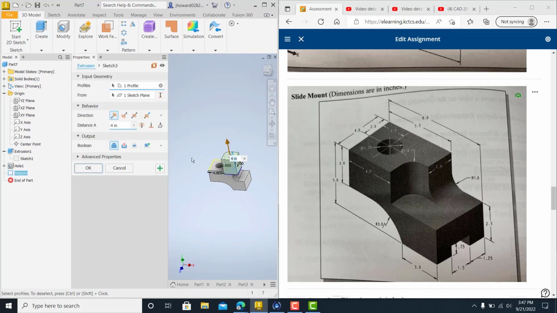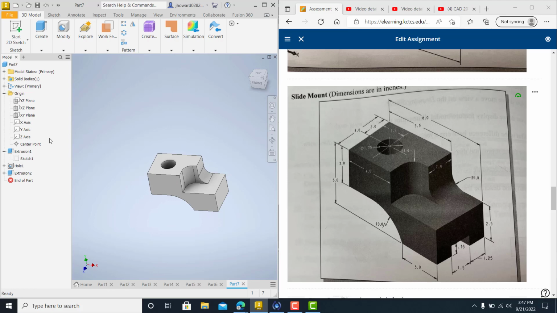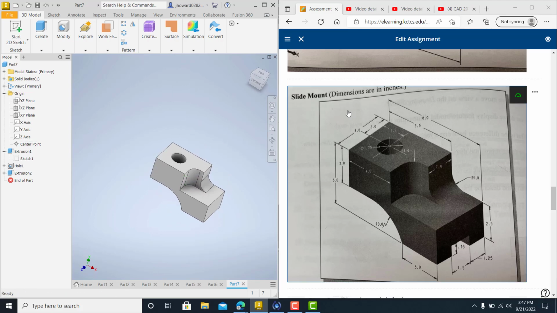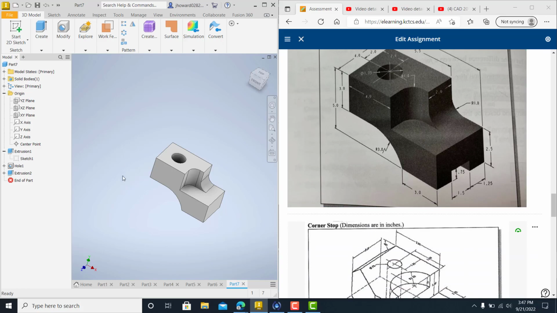Extrude that. You want to do a cut, which is right here. It's your boolean command, and how deep is this? It's 2.5, right? 2.5. Boom. There you have it. Okay, make sure this thing is, it doesn't say what kind of material it is, so I'm just going to leave it blank. So if you have any questions, let